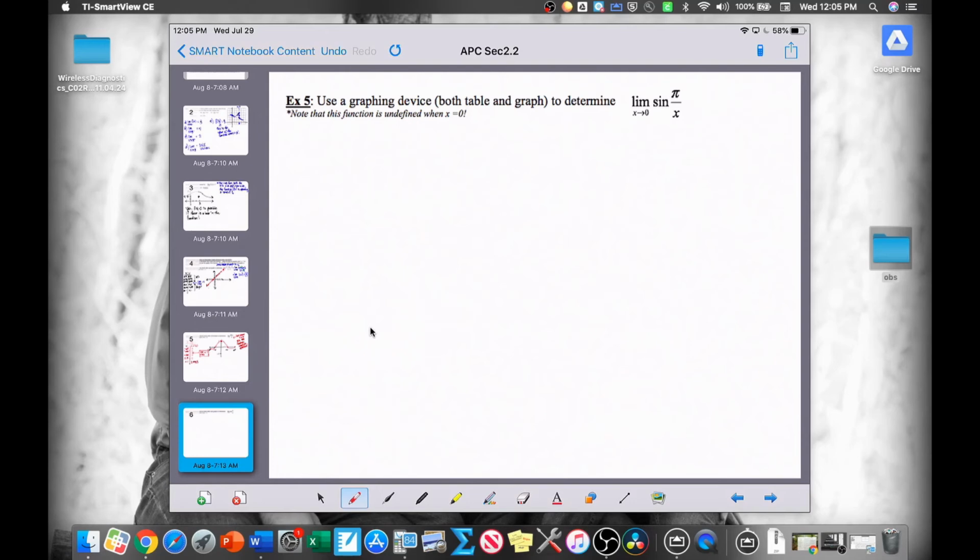So let's start the same way we've been starting with each of our problems. Let's build a table, and our x values, since x is approaching 0 again, we're going to choose the exact same x values as we did in our previous problem. Negative 0.1, negative 0.01, negative 0.001 on the left side, and then positive 0.001, positive 0.01, and positive 0.1 on the right side, knowing that our limit is going to be right in here, so we're kind of hoping that our y values converge on something there at that point. Let's go